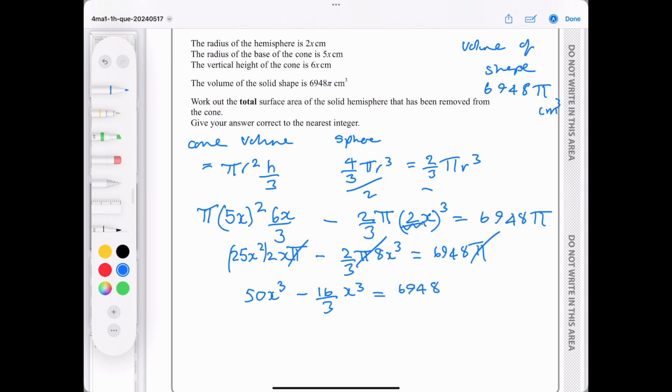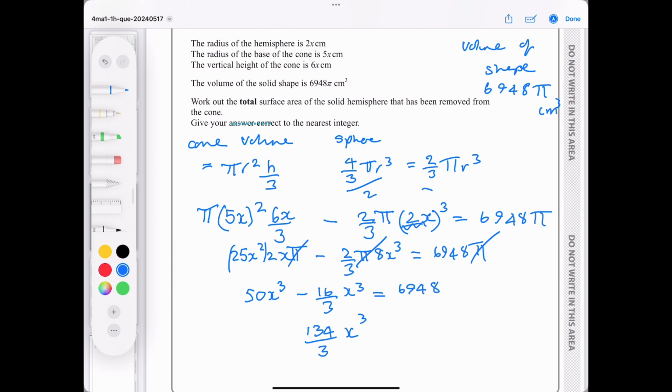Let's just check what 50 minus 16 over 3 is. I know that I could work this out without using a calculator, but I can't really be bothered. So that's 134 over 3